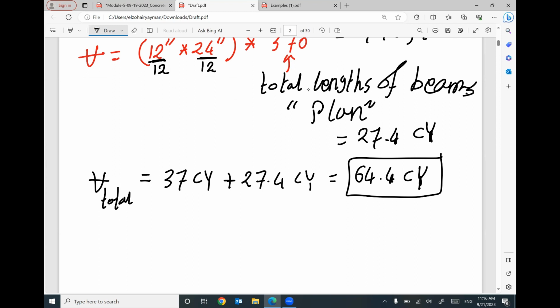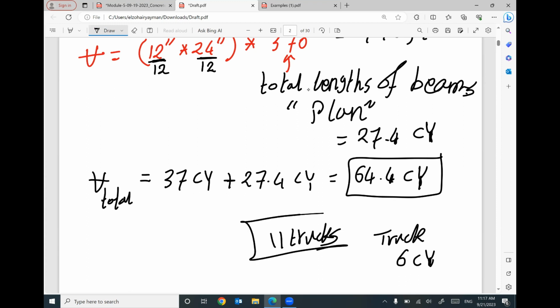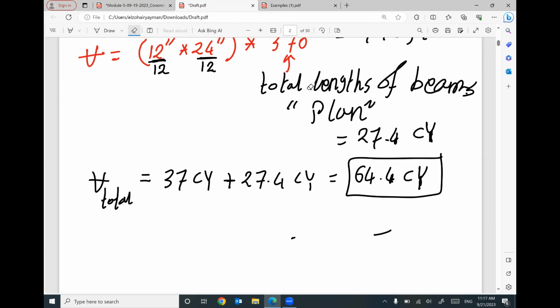Okay, so probably the company will say each truck of concrete can carry only 6 cubic yard. So how many trucks you need to order? Probably I will order 11 trucks. Does not mean we have 11 trucks, but the truck will deliver the concrete by 11 times. Anyway, it's not our deal right now, but so far the total volume of concrete that needed to be ordered